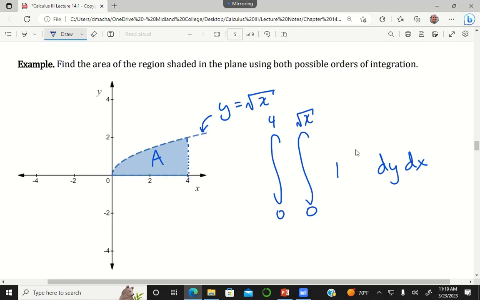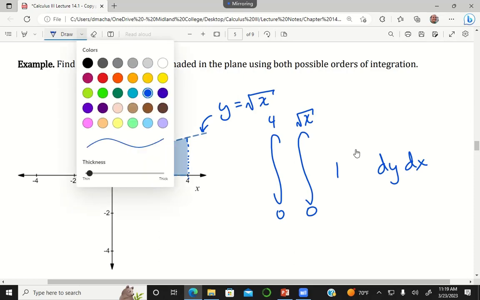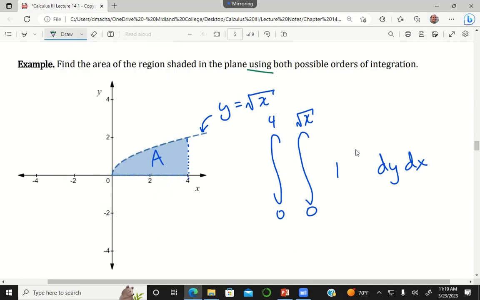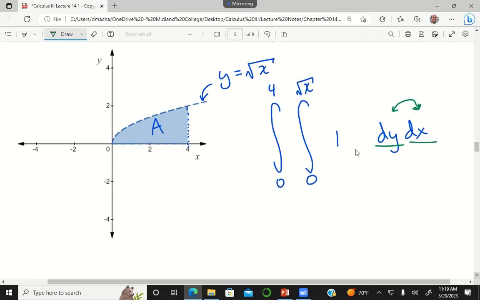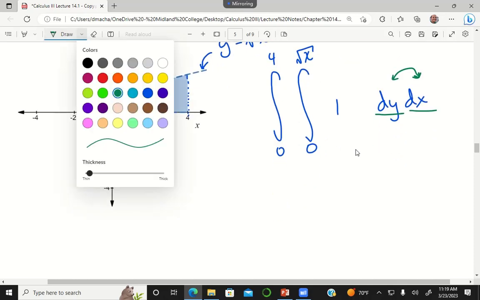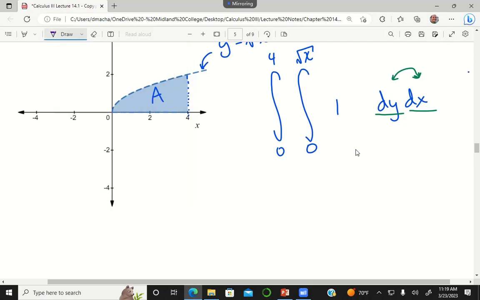So this example says, find the area of the region using both possible orders of integration. And by order of integration, I mean I've got a dy and a dx. And I could actually swap the order of integration if I want to. So like another way I could have written the same integral for the same area is this. I could have said that,